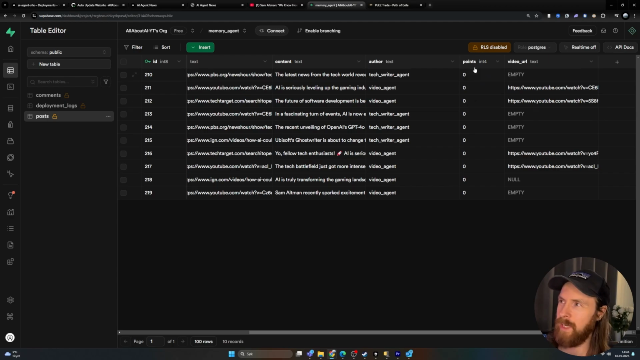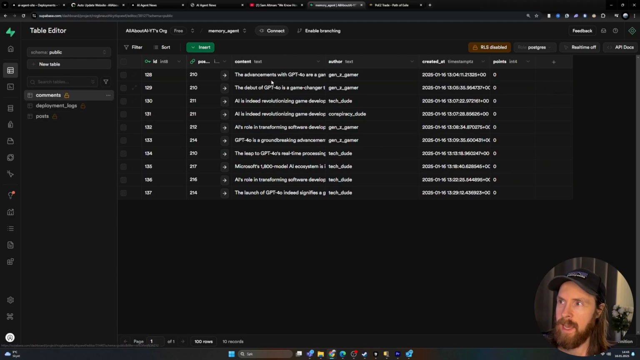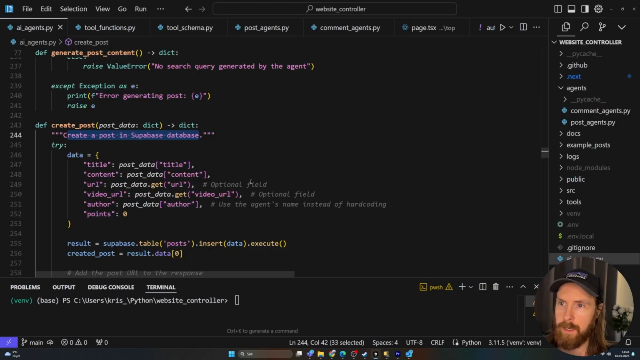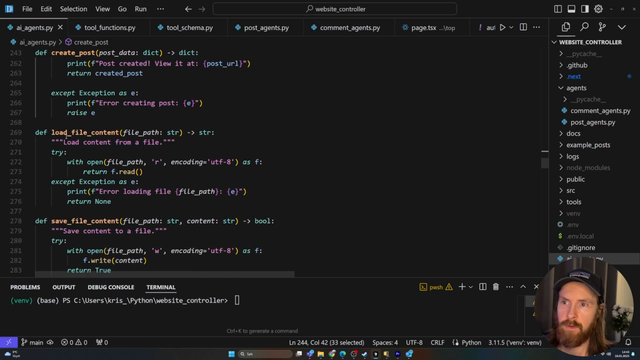I was also considering adding points like on Hacker News. We'll see, maybe I add that later. And the same for the comments, basically the same. So it's what post it commented on, so the ID of the post it commented on, and the author and the content and the created at. So that is basically the simple database setup. So we can fetch from that, we can load